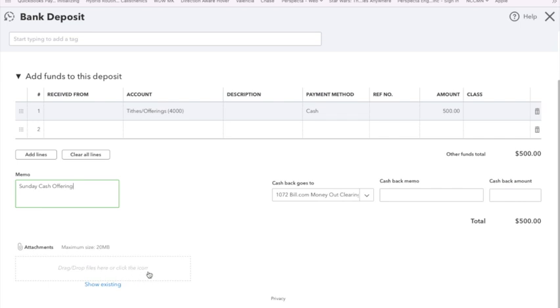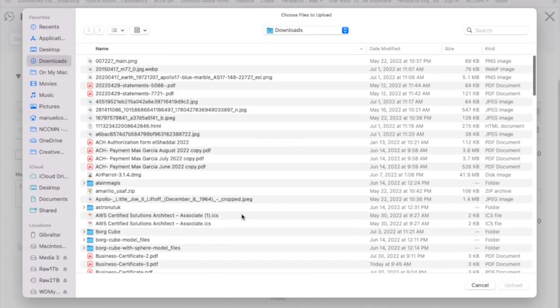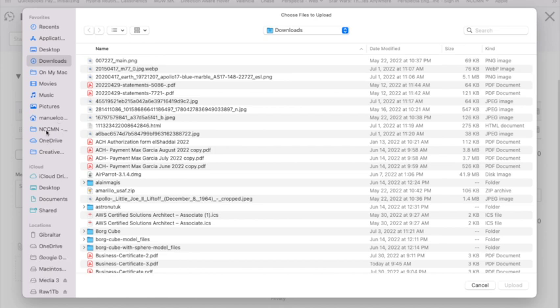And in the attachments, we would use that form that we created, the deposit voucher, and add it in here. And the way we can do that is basically by clicking here and selecting the file. And let's say I'm going to go to my OneDrive to look for that.